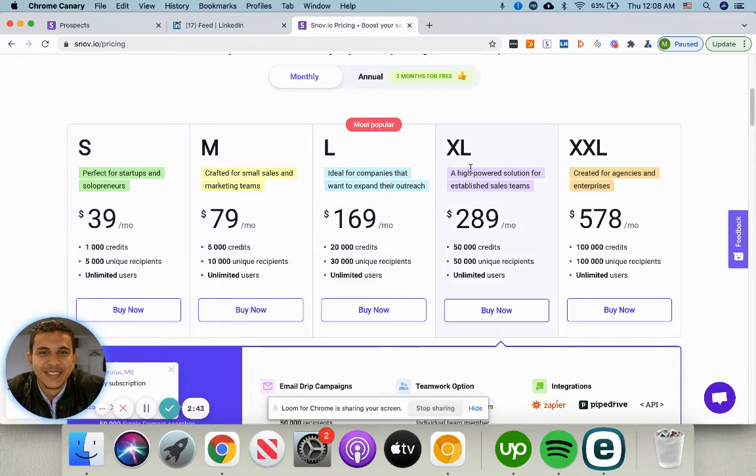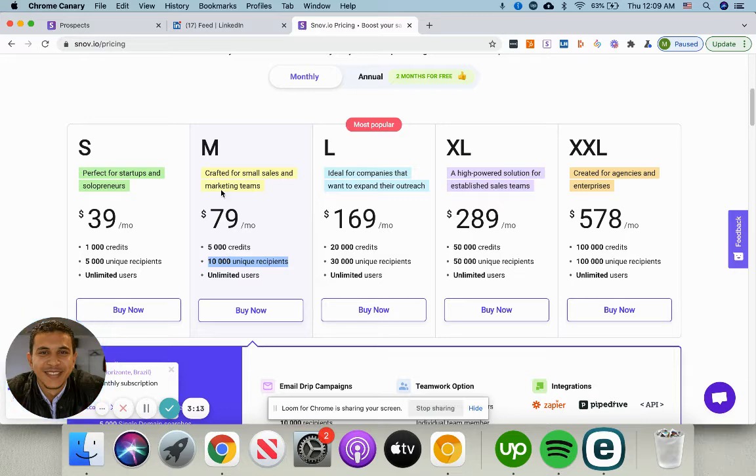I don't usually use X large or XX large. I usually prefer the medium one. 5,000 credits means you can extract 5,000 valid business emails out of the web or Twitter or LinkedIn. I can show you more about that later in the video. 10,000 unique recipients are the number of emails which you can send using Snov